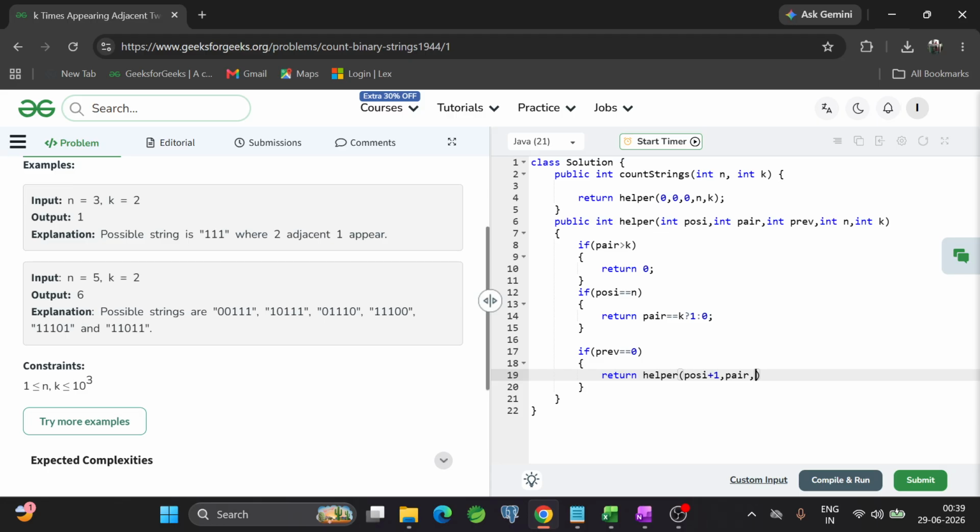I will include 0, and then n and k plus. In another way, we will consider position plus 1, pair remains the same, then I will include 1 and n and k. Okay, if previous is not equal to 0, then it is 1, then return